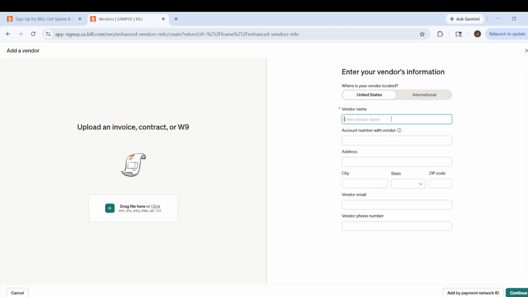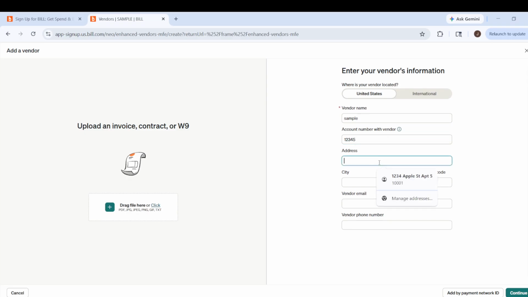Since the goal is to reduce manual work, importing contacts helps you populate your lists quickly and avoids missing details. Carefully follow the prompts on screen and make sure the contact information is placed in the right fields during the import process. When the import is complete, take a moment to confirm that the contacts appear properly in the vendors or customers list. If anything looks off, you can usually go back and correct it before you start sending or requesting payments. This quick check helps ensure your account is organized from the start,